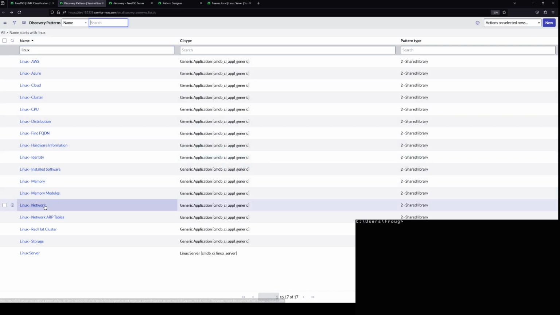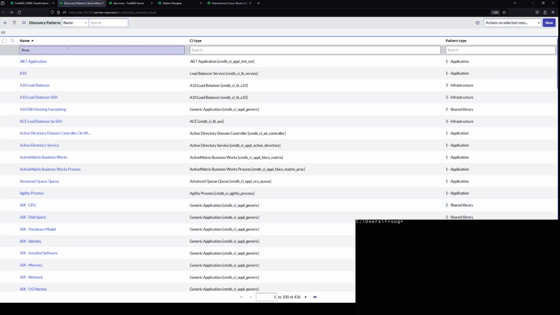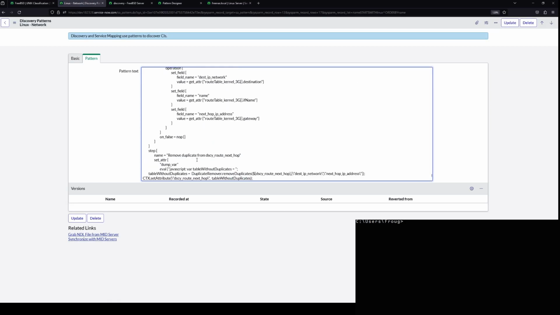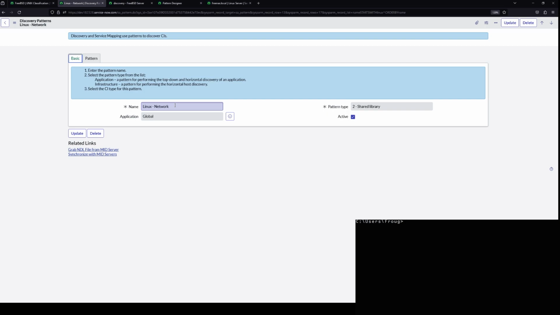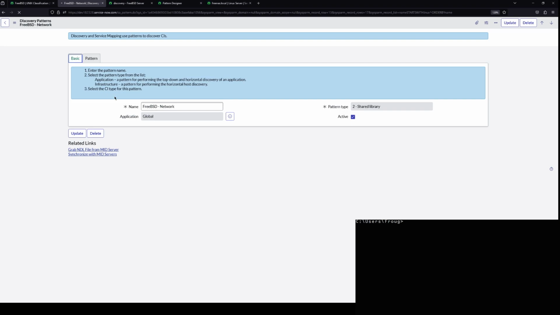And we're going to get Linux, I believe it's network, but let's check identity again. Yeah, Linux network. Oh my. Okay. We're going to call FreeBSD network. Okay. So now if we go into